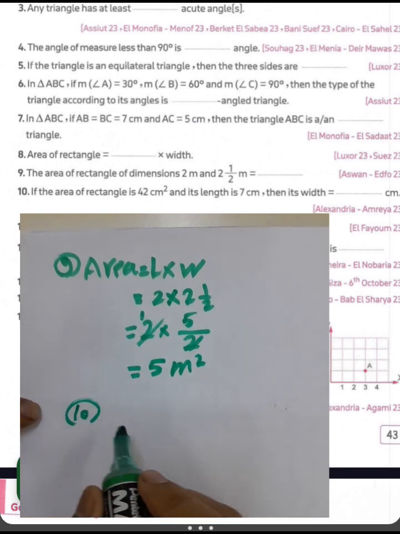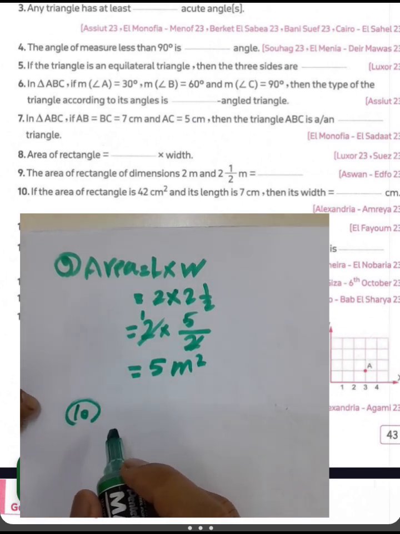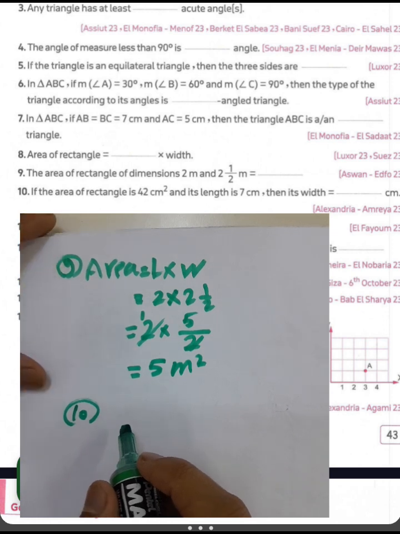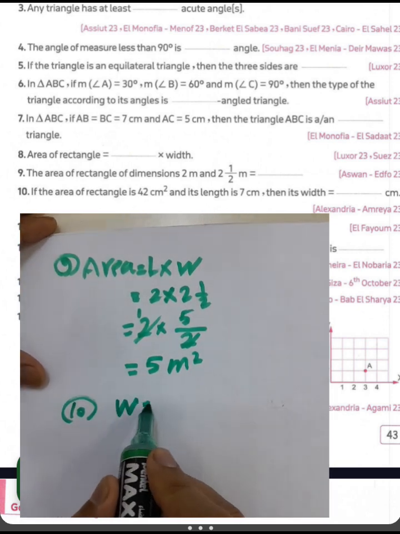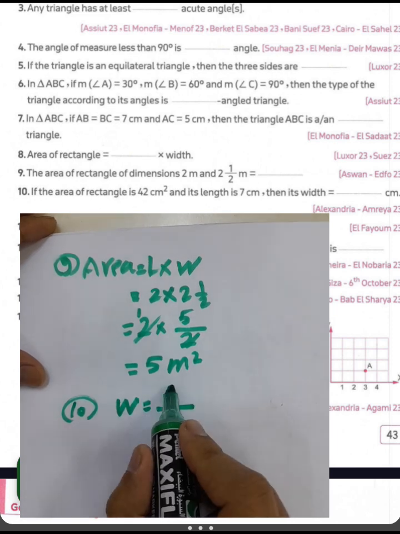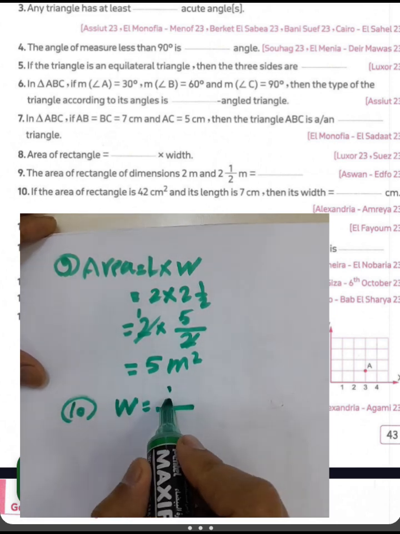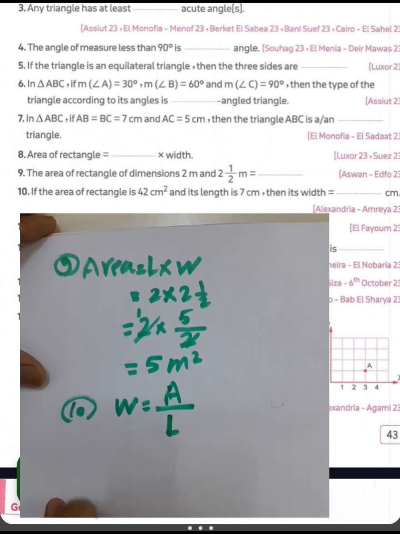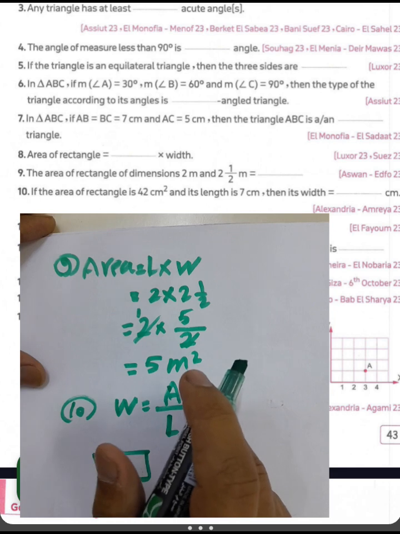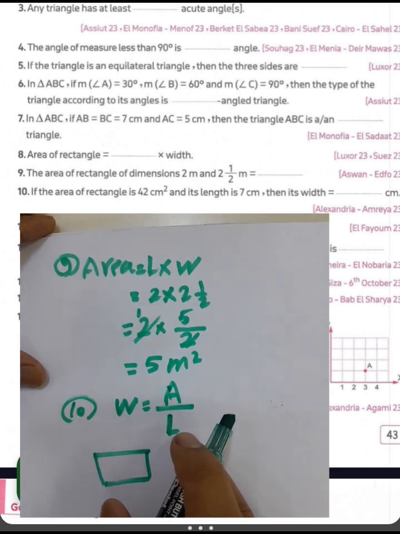If the area of a rectangle is 42 square centimeters and its length is 7 centimeters, then its width equals what? We can find the width of the rectangle by writing the area in the numerator and the length in the denominator, because area equals length times width. Then if you want to find the width of the rectangle, you must write the area in the numerator and the length in the denominator, because width equals